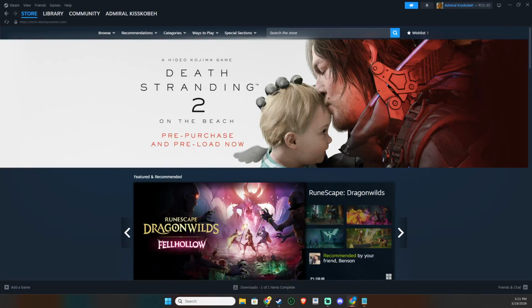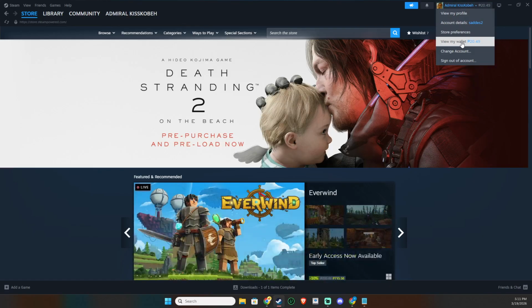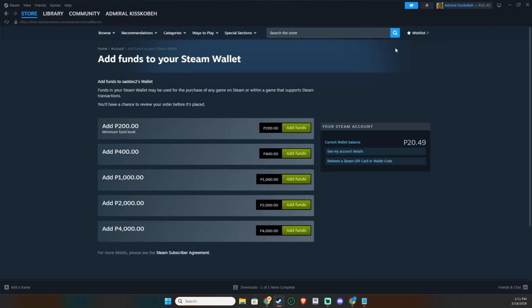correct account. On the top right of the Steam window, you'll see your profile icon. Click that. A small menu will appear. From that menu, choose the option that says View My Wallet. This takes you to your Steam wallet page, where you can see your current balance and all the options for